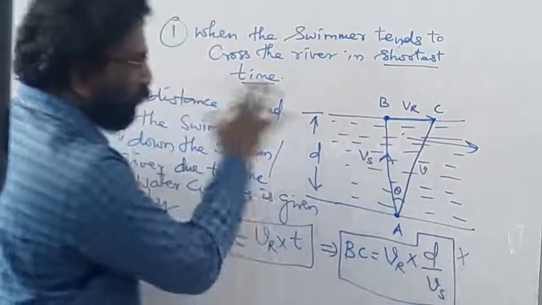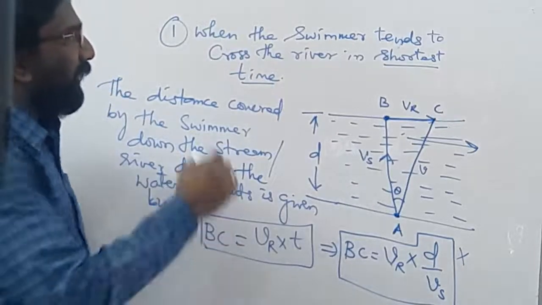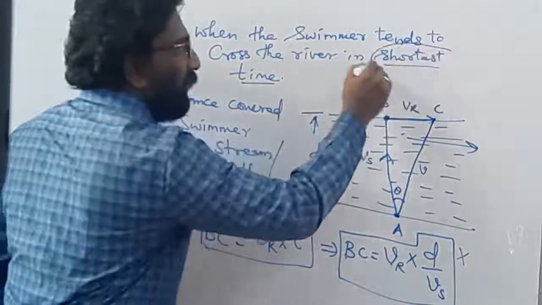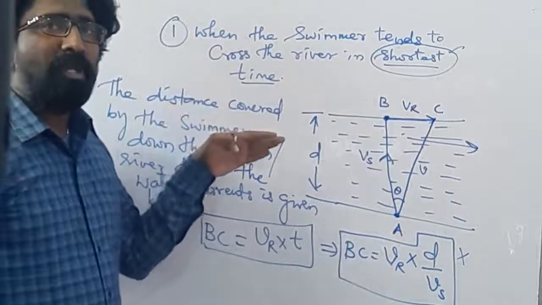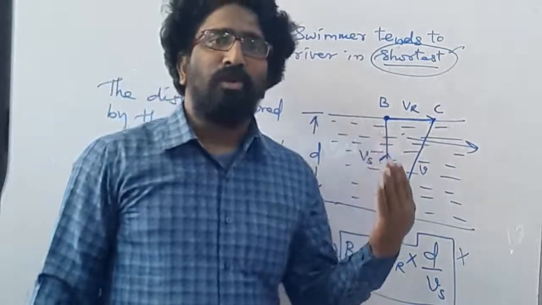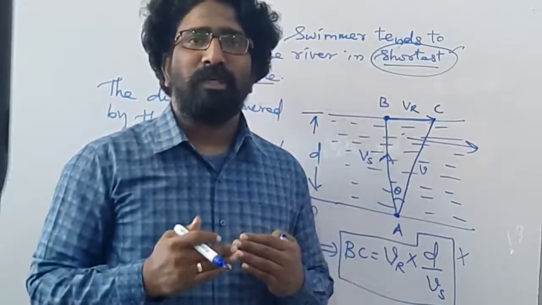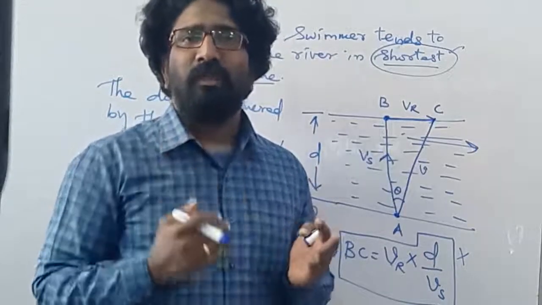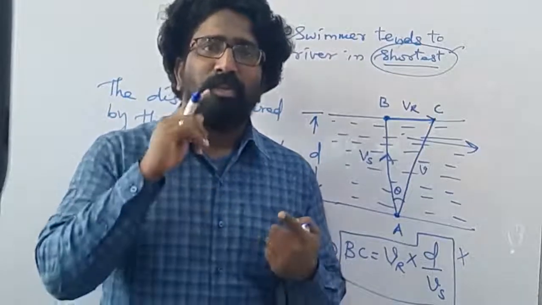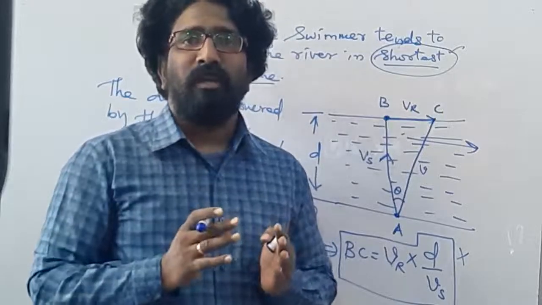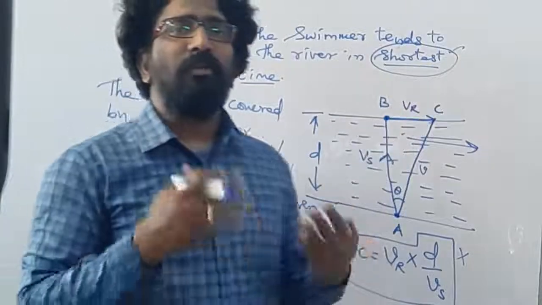So these four formulae are very important in order to solve any problem regarding a swimmer swimming a river in the shortest interval of time. If you want to swim a river in the shortest interval of time, then you should know the net velocity of the person swimming from one end of the river to the other. Just now we have calculated V is equal to the square root of Vs square plus Vr square. Again, he should know in which angle he has to travel. Why? Because of water current, the angle is changing. So we should even know what the angle is.